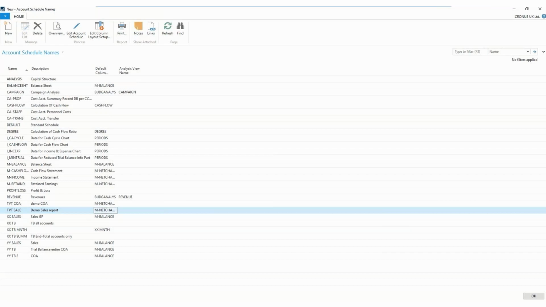Okay, so there's a question. What if I add a new account to my chart of accounts? Good question. If you're just using the begin and end totals in your chart of accounts and you're using defaults,